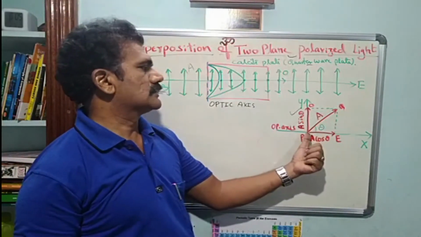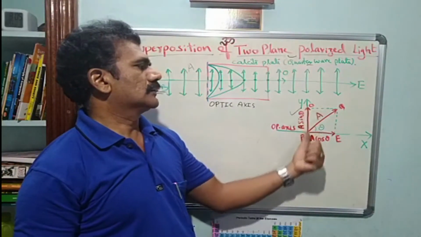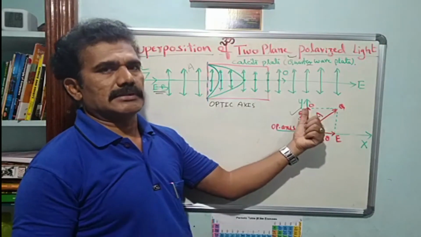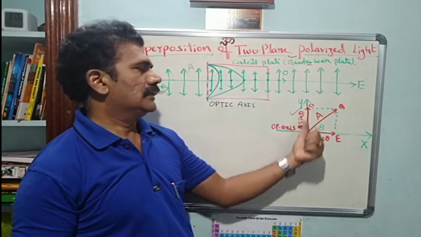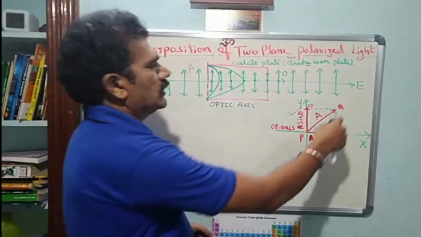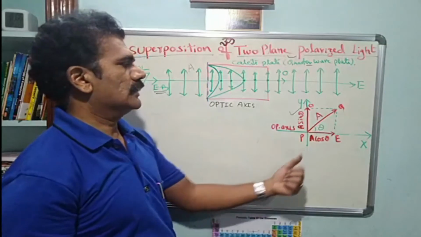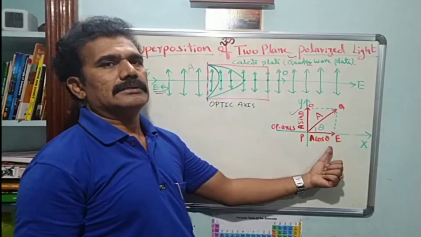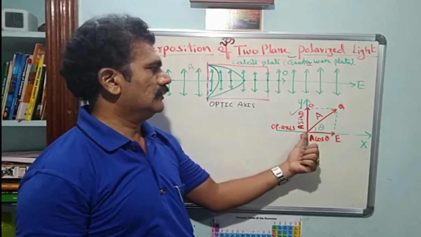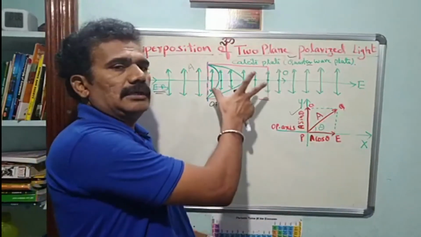Along the direction PO, it is considered as the vector PO, because it consists of the perpendicular vibrations to the incident ray. It consists of perpendicular vibrations, and then the extraordinary amplitude will be equal to A cos theta. The resolved components will be A cos theta and A sin theta, after passing through the crystal.